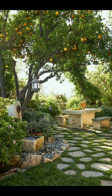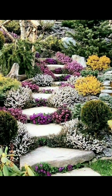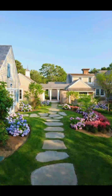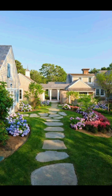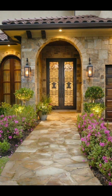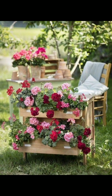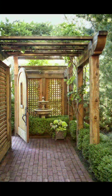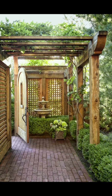Today I'm going to show you various beautiful designing ideas for your garden, and here are multiple designs that you can apply to beautify your balcony, porch or yard. Splashes of color break up green, provide variety, contrast, and focal points. Try sowing both annuals and perennial flowers, for example, cosmos, sunflowers, and